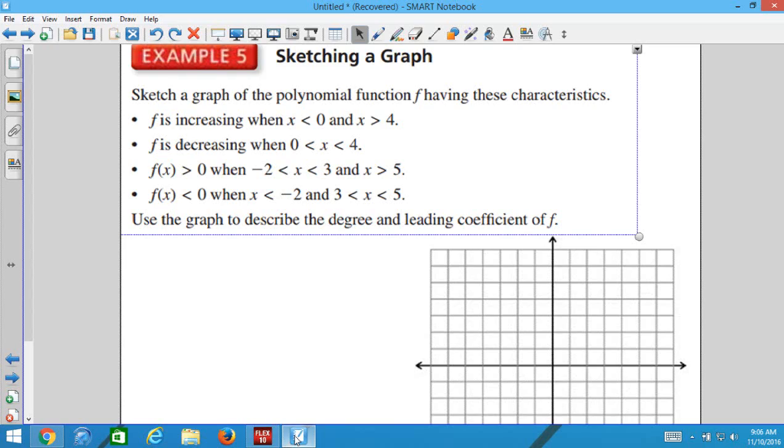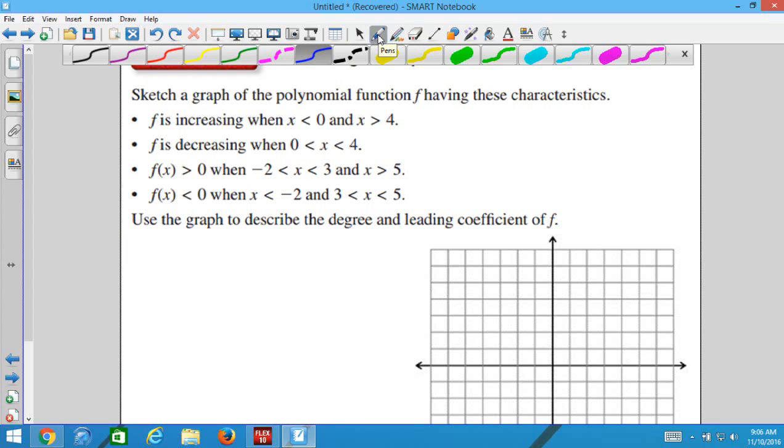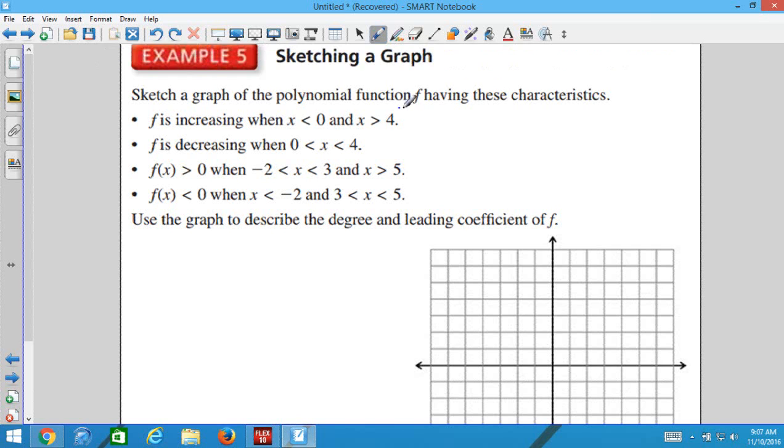Okay. Example 5. We're going to sketch a graph, but we really don't know all the information. We only know what they've given us. You'll see that it says f is increasing when x is less than 0 and x is greater than 4. f is decreasing when x is between 0 and 4. Anytime that you see f is increasing and f is decreasing, the function is going up and the function is going down. Anytime you see that,